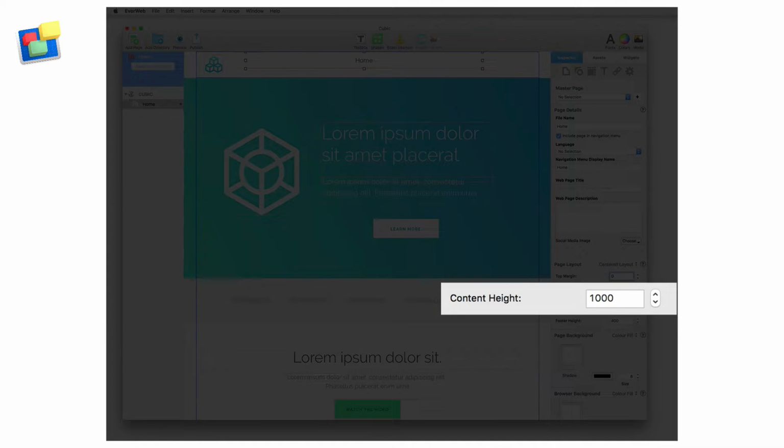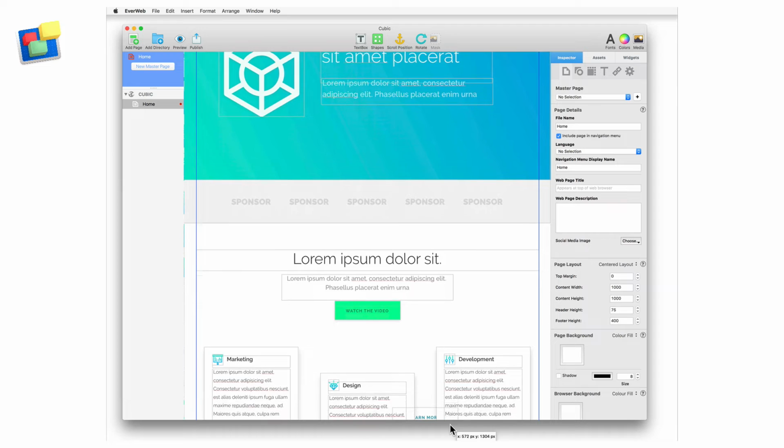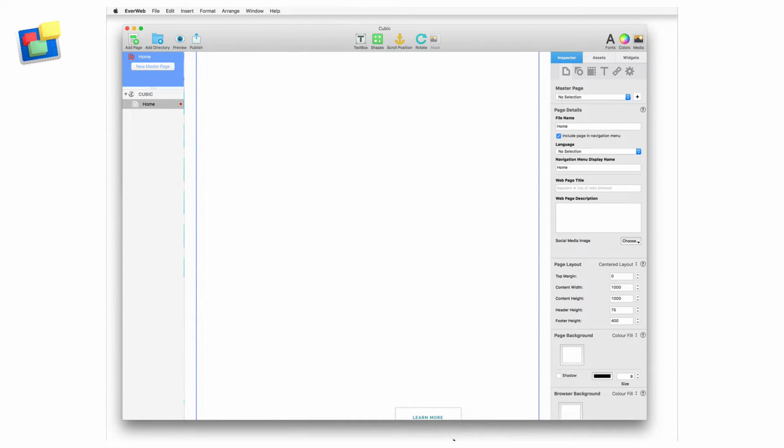The content height field determines the minimum height of the body of the page. This value rarely needs to be changed as the height automatically adjusts based on where you place objects on your page. For example, dragging an object down the page increases the page length automatically. However, the content height field does not increase in value, as it shows only the minimum content height that has